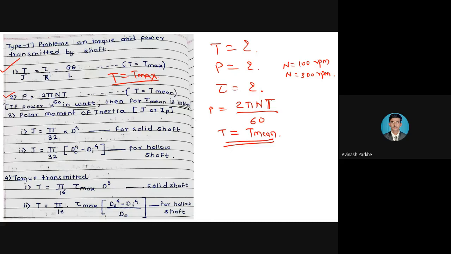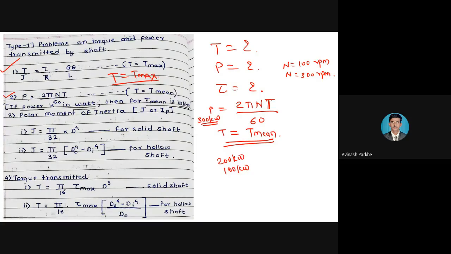For example, if you are given a power of 300 kilowatt, then the torque that arises for that 300 kilowatt is your mean torque. If you get the power 200 kilowatt, for example 100 kilowatt, for each and every power, how much amount of torque is there? That torque is called the mean torque. But in the torsion formula, whatever the capital T is, that capital T is called the maximum torque. Maximum torque means it is the maximum value of the torque up to which the shaft can sustain, or the maximum torque transmission capacity.